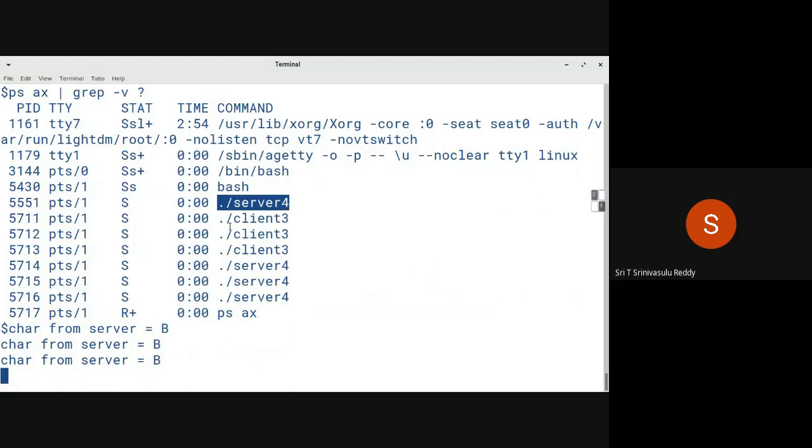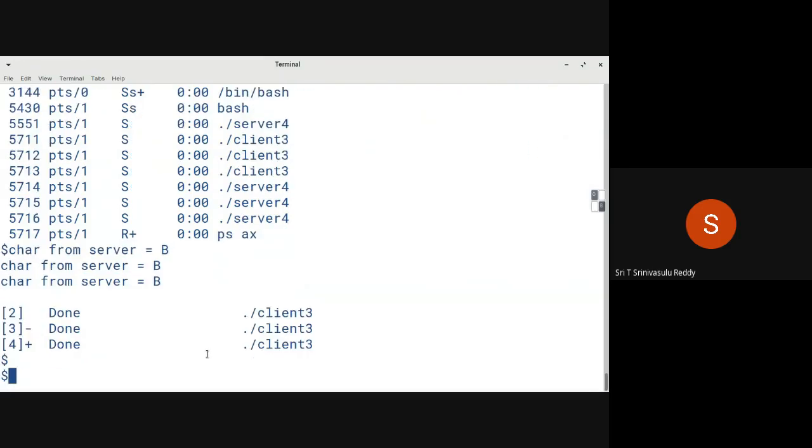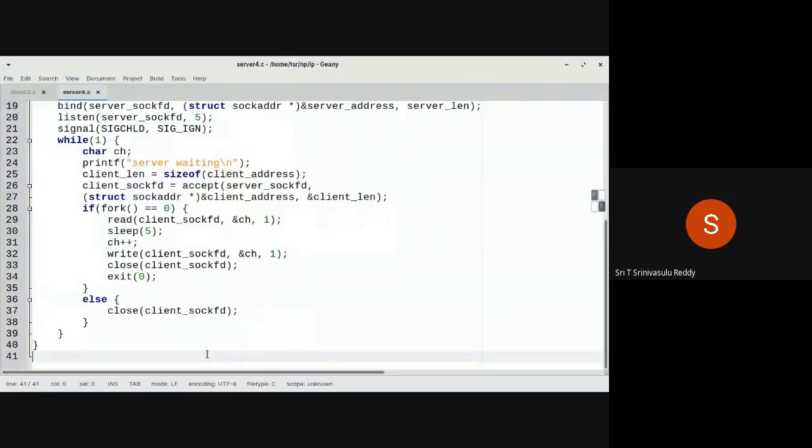Parent program is running. All the child programs are running. And forked child programs are also running here. These are the client programs. These are the child programs. Right? So that is what is being actually talked about in the textbook. This is how you can understand concurrent programs are actually created there as a part of it.